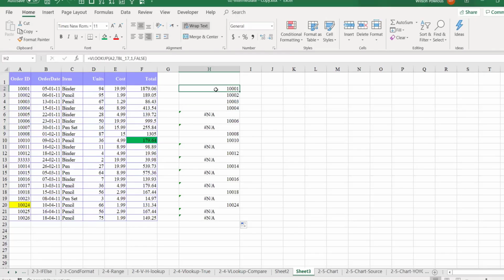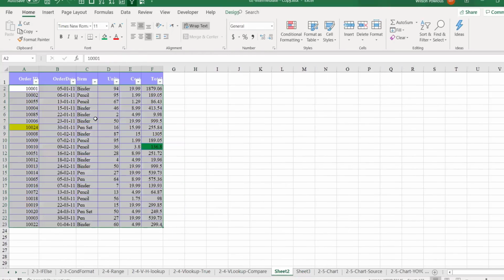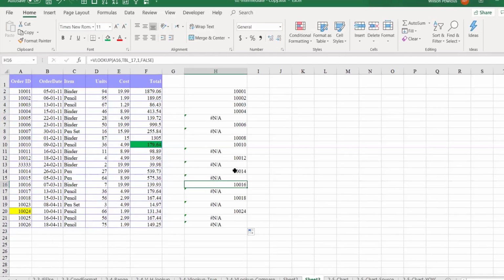And also one more advantage of converting as a table is, no need to put that dollar sign and all. When you just drag it, it remains same. Whether you are here or here, Table 17 remains same. Table 17 is always referred to this area, the total area. So whether you drag it down, this still remains same. So always convert as a table wherever possible. Some places it's not possible to convert, then you leave it. Otherwise you convert as a table, then use it for the VLOOKUP.